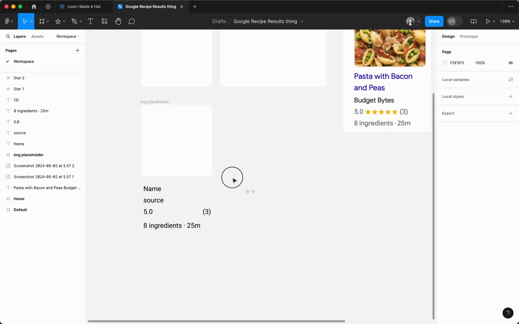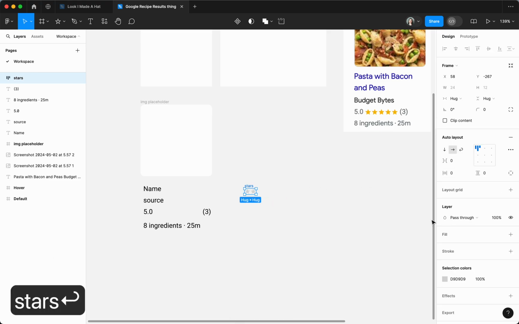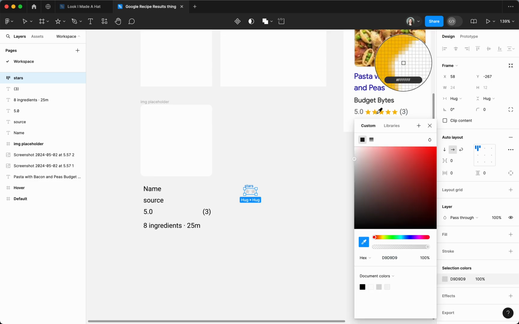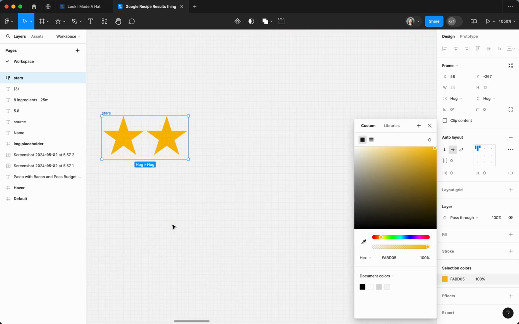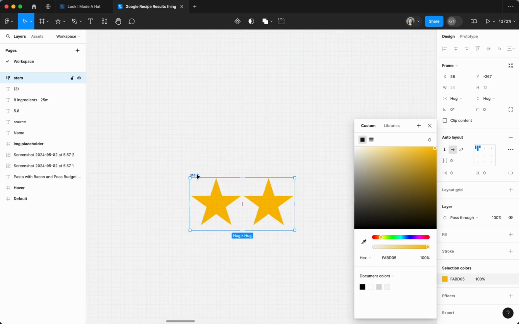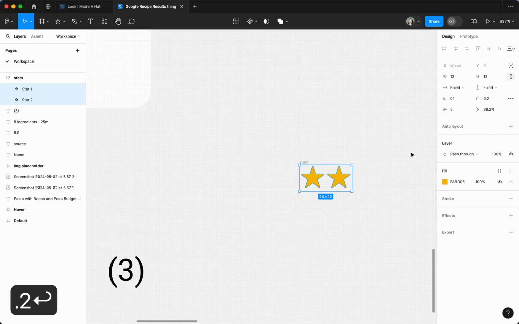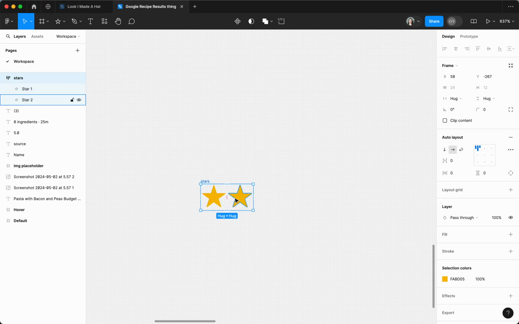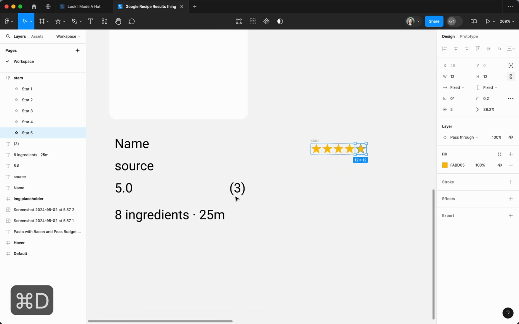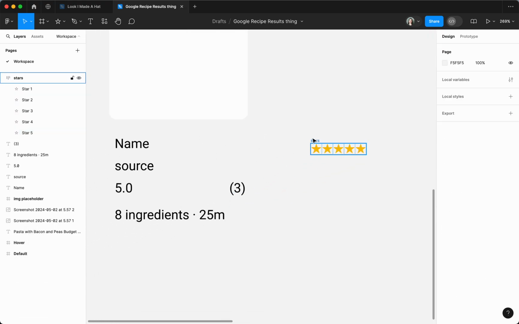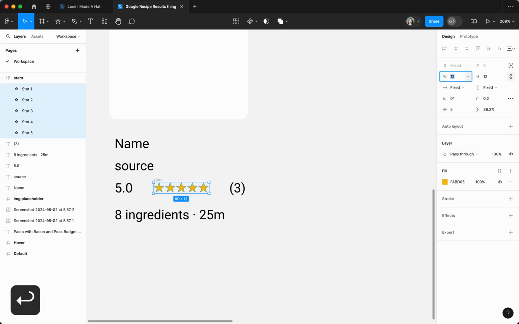Let's duplicate that, put it in a frame, name the frame, and put a nice goldenrod color on those. My favorite crayon, hopefully yours too. And they're looking a little sharp, so we might as well give those just the tiniest bit of rounding to make them a bit friendlier for our eyes. And let's make 5. Let's see. Stars are a little small next to the text, so we'll bump them up maybe to 14 by